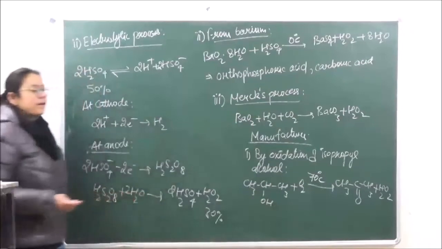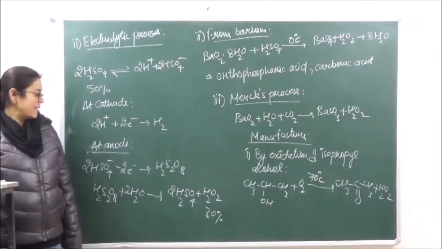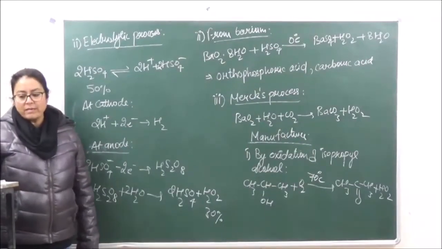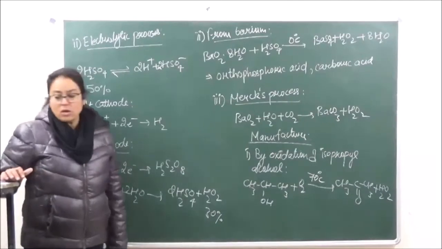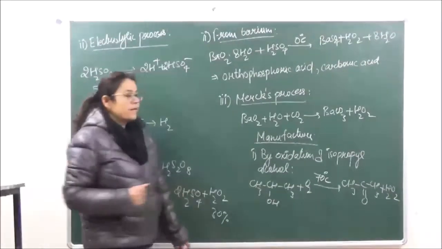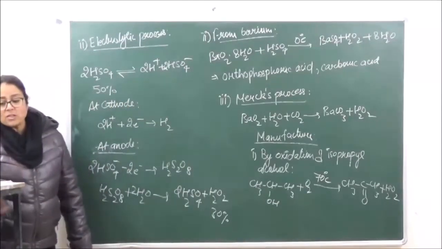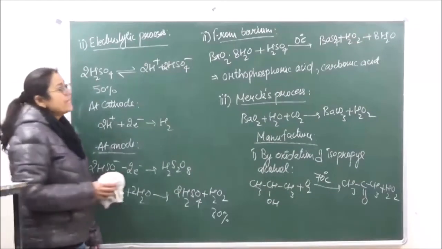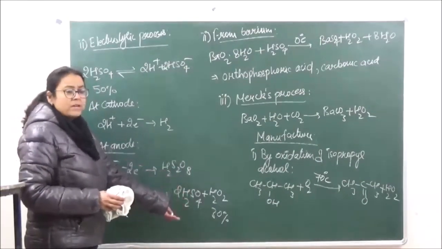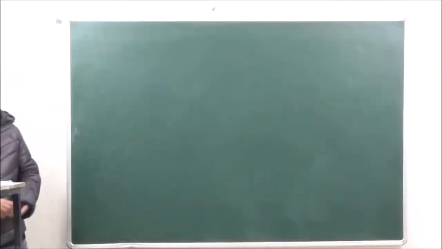The H2O2 which we get over here is going to be only 30%, right? And then it can be concentrated, but the concentration is not really very easy. We will go on to the concentration of H2O2. Just check, what we are getting over here is only 30% of H2O2. Now how do we concentrate the H2O2 solution? Let's see what the methods of concentration are, because the 30% which we are getting over here is quite less. So let's go on to concentration.